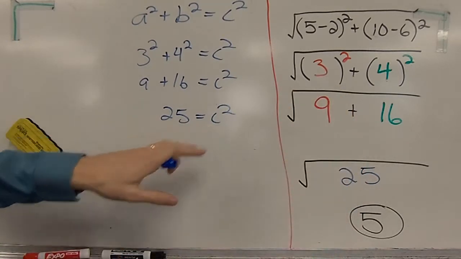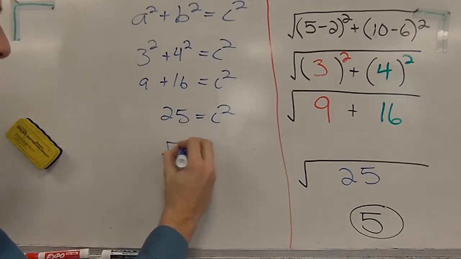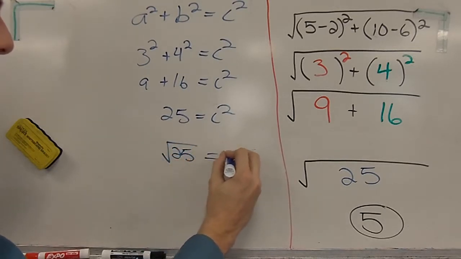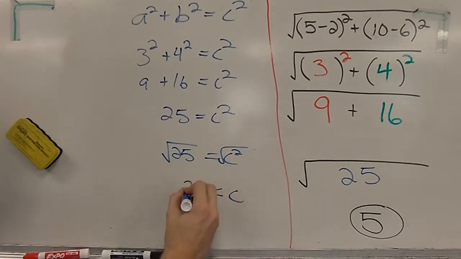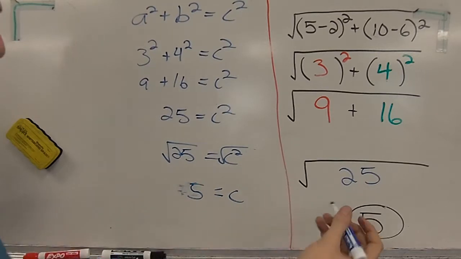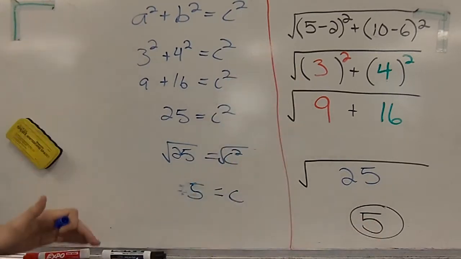Last step here, I want to get rid of the squared, so what am I going to do to get my answer? I have to square root 25. And I have to square root c squared, and I get c equals 5. In other words, my answer is 5. Okay, so